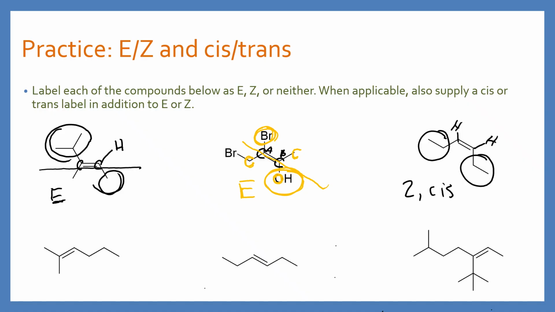Okay. Now let's get to this example down here. If we want to draw our line through here, we can. We are comparing this carbon on the left and the carbon on the right, the priorities on those. So starting with the carbon on the left, we have a methyl versus a methyl. This is the first example of a neither answer. This is neither E nor Z, and it's not cis or trans either. Since we cannot make a decision between the methyls because they are identical,